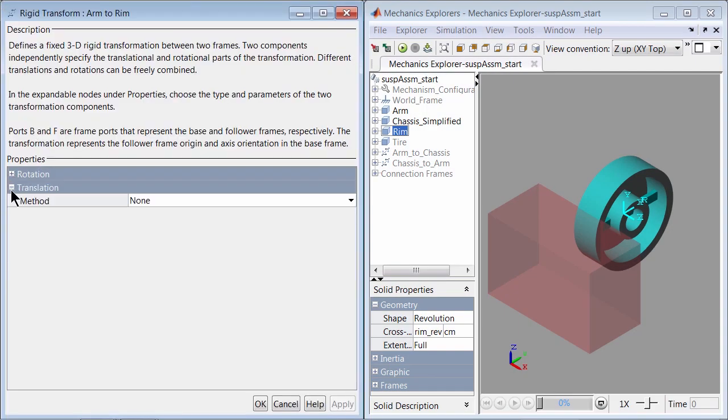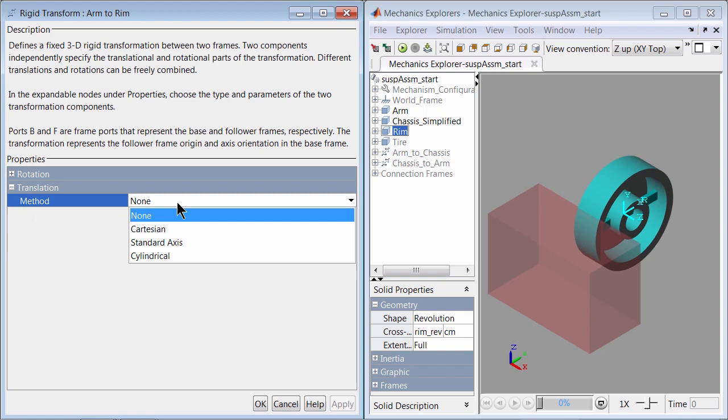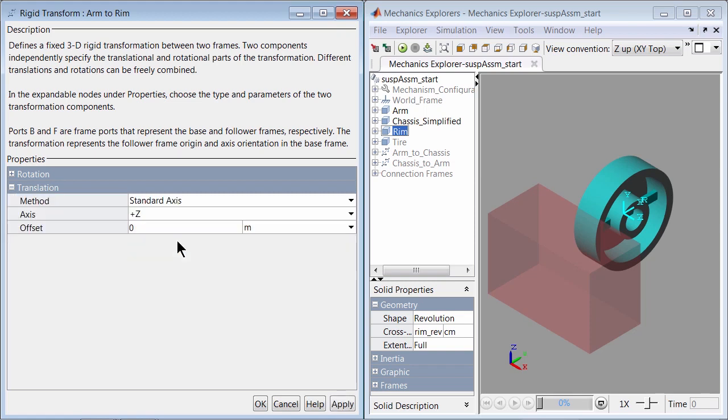This is the translation only operation about a single axis, so we will use the standard axis format. And about the x-axis of the arm, so here we can see the arm's x-axis is along its length. We will move the frame by arm1_length/2 and set this to centimeters. Select apply, and now when we update our diagram, we can see that the rim moves to the end of